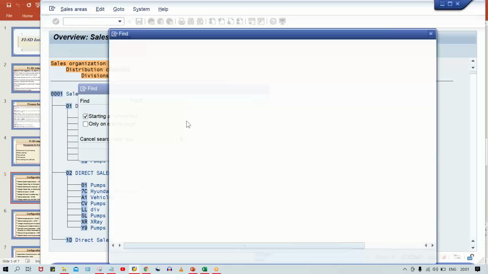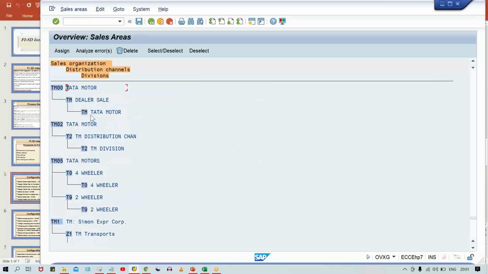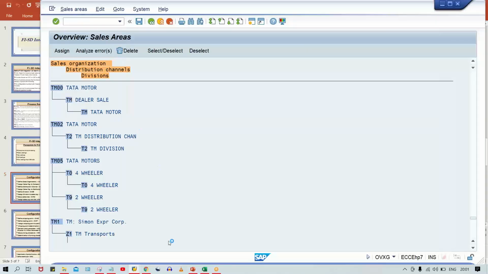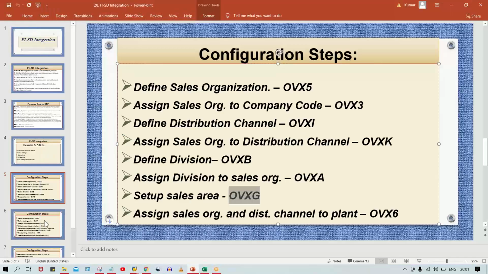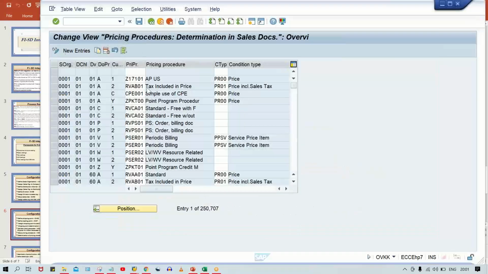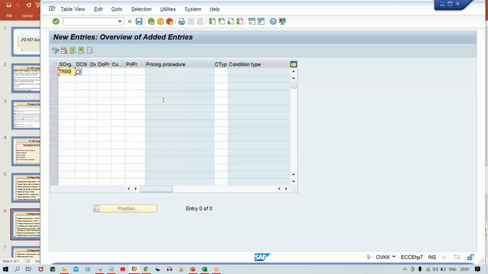TM00, press enter, double click. So TM and TM, this is our distribution channel and division. Now we are going to use transaction code OVKK. Determination of pricing procedure here, and click on new entry, and then give your sales organization, distribution channel TM, division